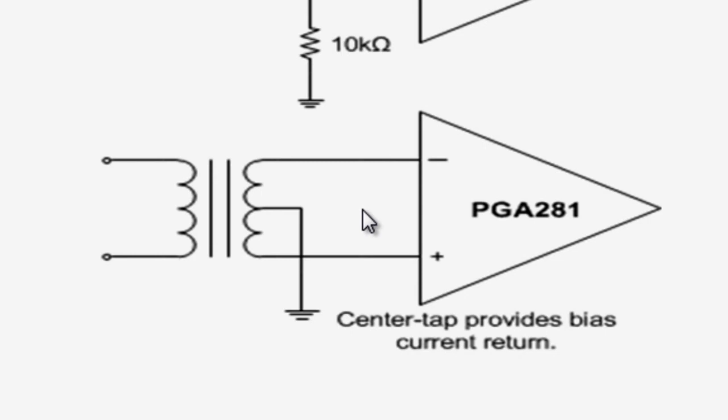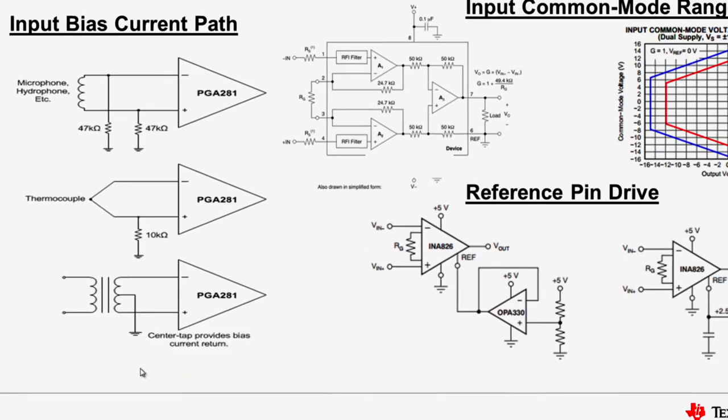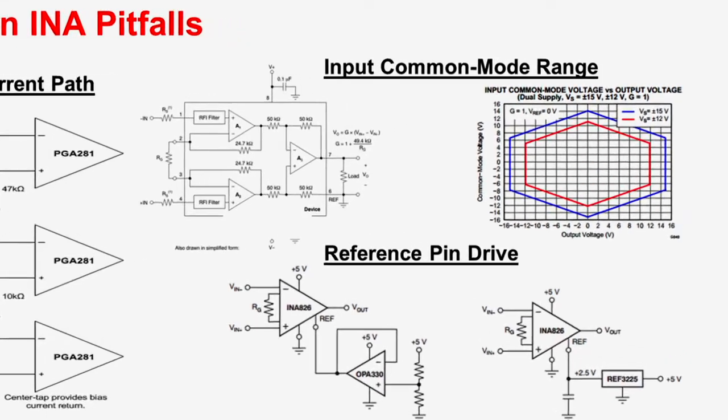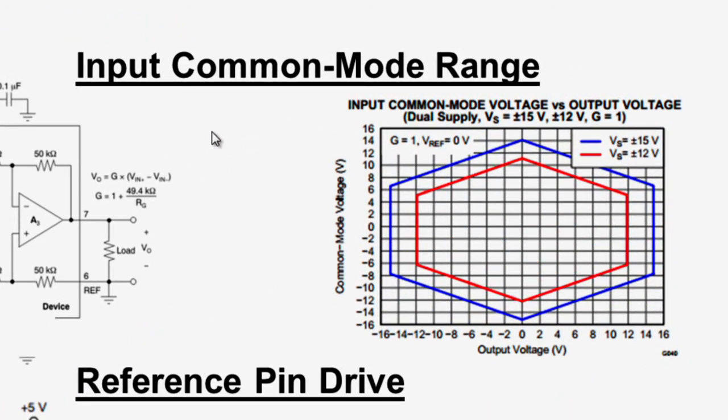The other example would be whether it is AC coupled or if you're going into a transformer. Some transformers have a center tap, and if they have a center tap, that provides the bias current path. If they don't, you would want to add in the resistors to make sure that you are maintaining linear operating function. The other common issue that is run into when using instrumentation amplifiers will be the input common